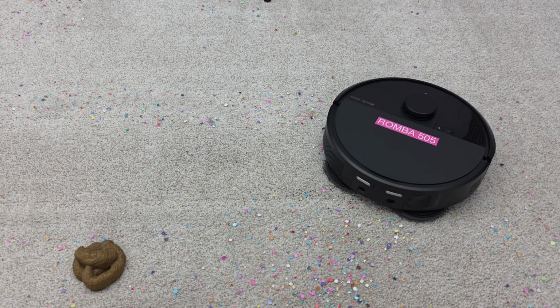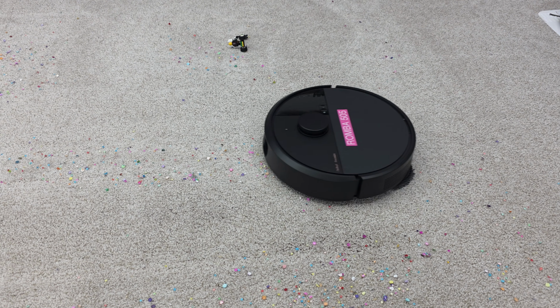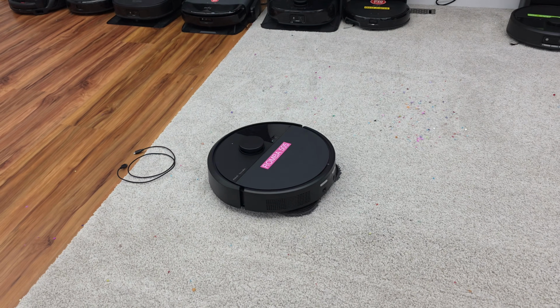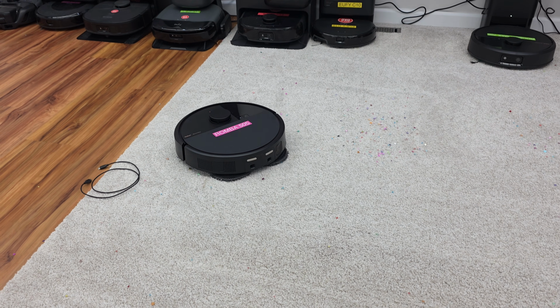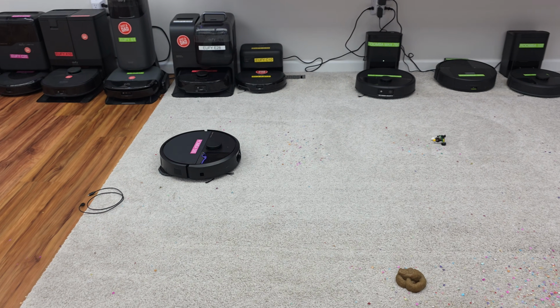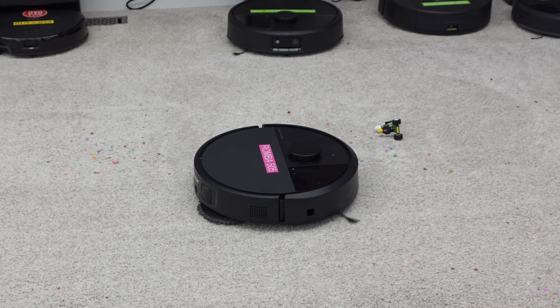Doing a pretty good job with the coffee. I got it. Oh, I think it's going to do 2 passes, I'm pretty sure. And we will be flipping it upside down. It does struggle with long hairs. They will get wrapped around that brush roller pretty easily. That's an older design. Single brush roller without a split in the middle. Yeah, they don't ever really tell us why it turns the...